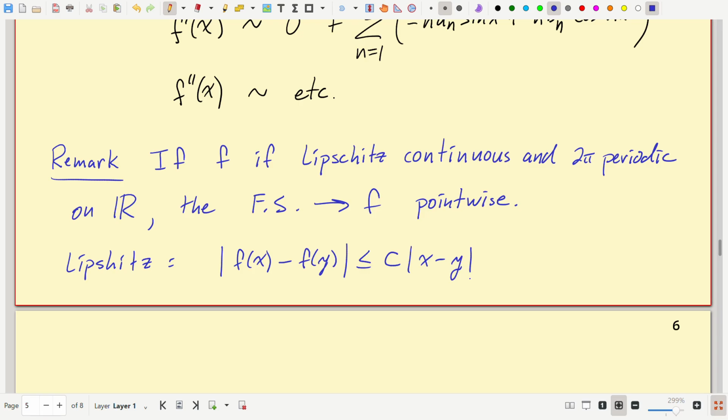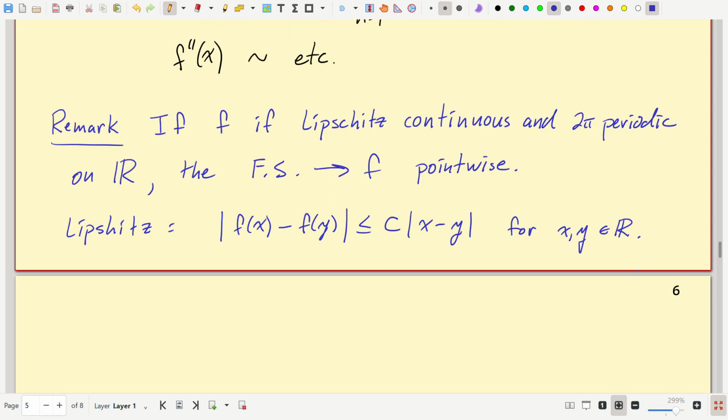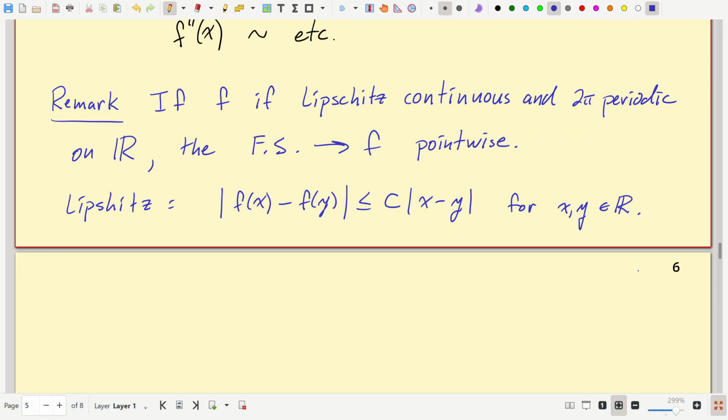Yes, for all x and y. And that C is a uniform C for x and y in R. So there exists a positive constant C, so that's the case. That's called being Lipschitz continuous. And if I was going to show you the proof,